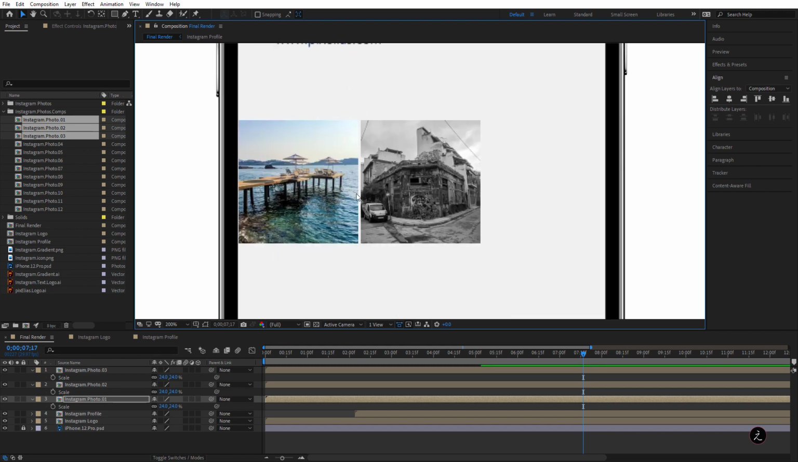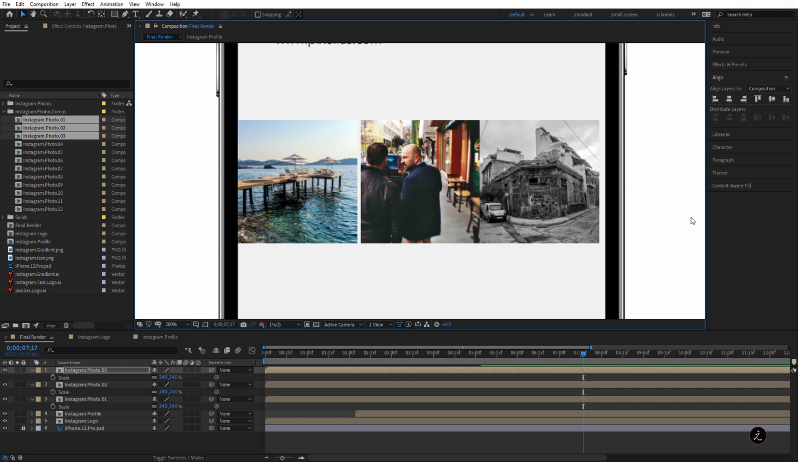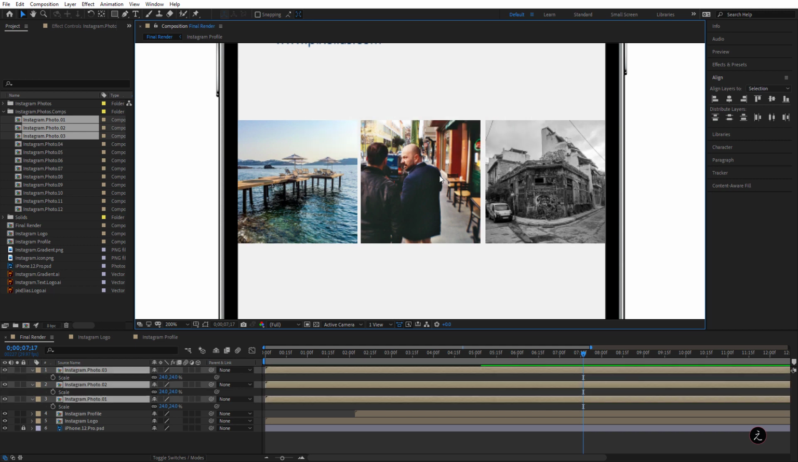And I'm going to use the left arrow key to position this perfectly to the left edge. The third one will be right there. Again, I'm going to use the right arrow key to align this to the right edge. Now I'm going to shift select those 3 compositions, and inside the align panel, I'm going to make sure that